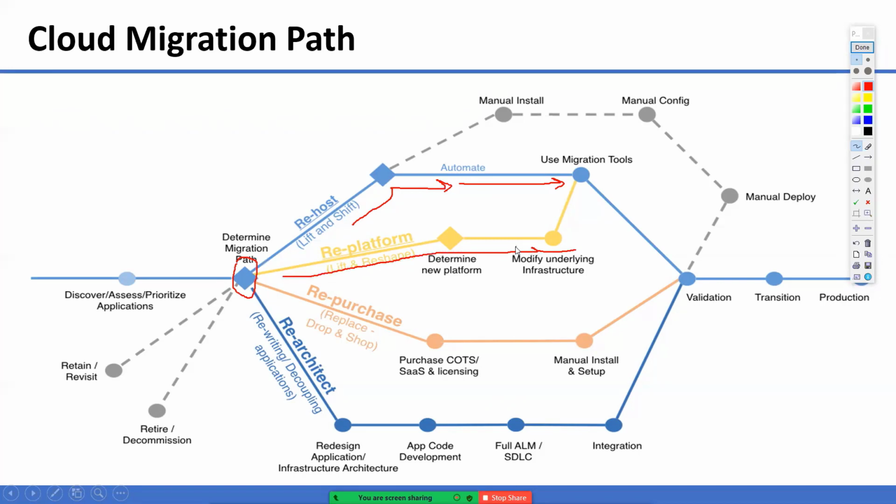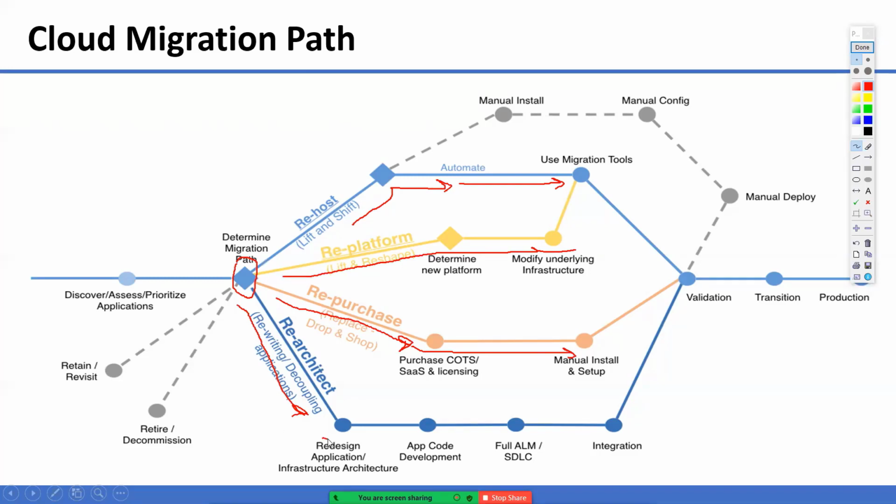If you decided to repurchase, you have to do some sort of cost analysis, and you can purchase a software as a service or cloud-based offering of the same application during the migration path. If you are willing to re-architect, you can follow this particular path. You have to decide how you are going to re-architect or refactor your applications.